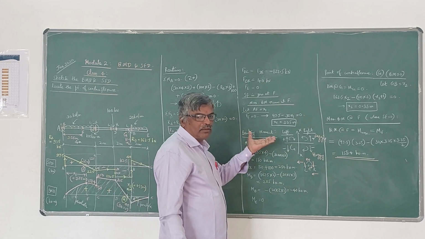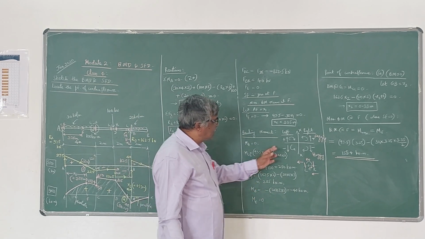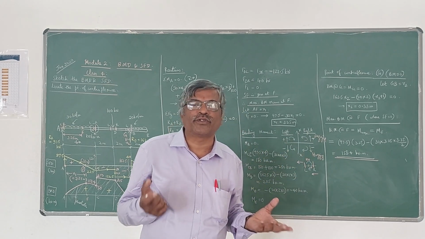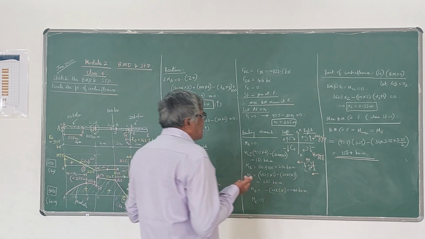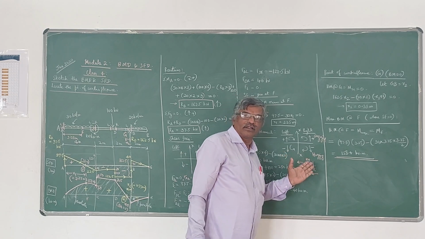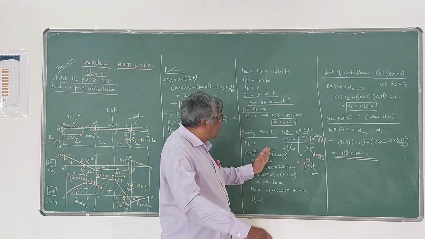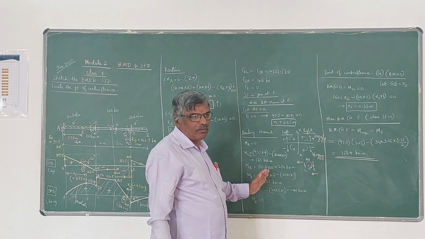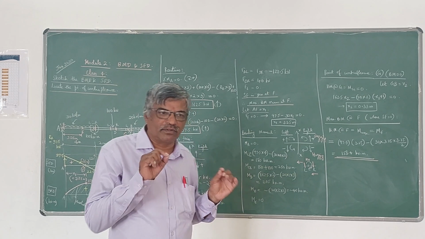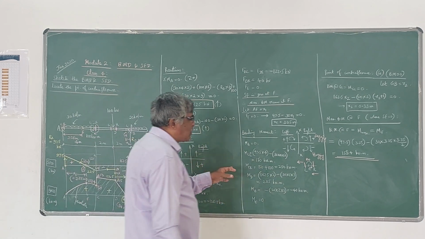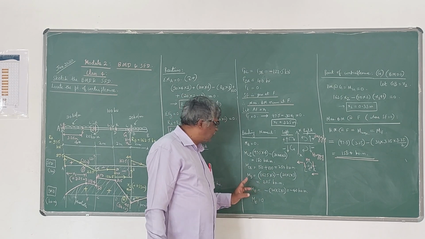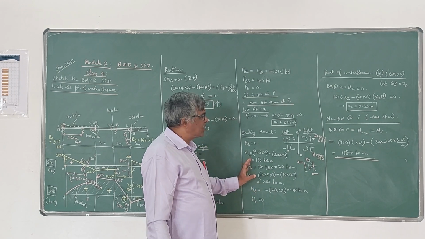Then we have to calculate the bending moment values at the salient points. For that, the sign convention is this. Irrespective of whether it is left side or right side, upward forces give positive bending moment, downward forces give negative bending moment. Upward forces bending moment is called sagging, positive; downward force bending moment is called hogging, that is negative. So using that, we have to calculate the bending moments at different points. Here also, at the point where external moment is given, clockwise or anti-clockwise, whatever it is, you will be having two values of bending moments. In this problem at point C, you have two values of bending moments, one just to the left of C, another just to the right of C.